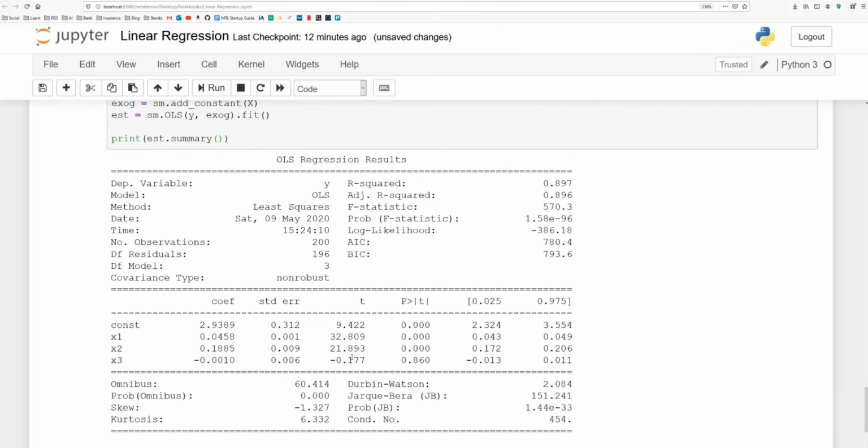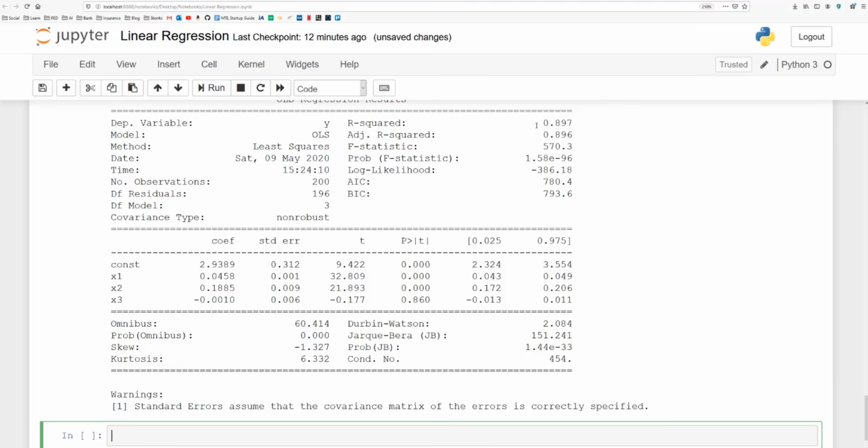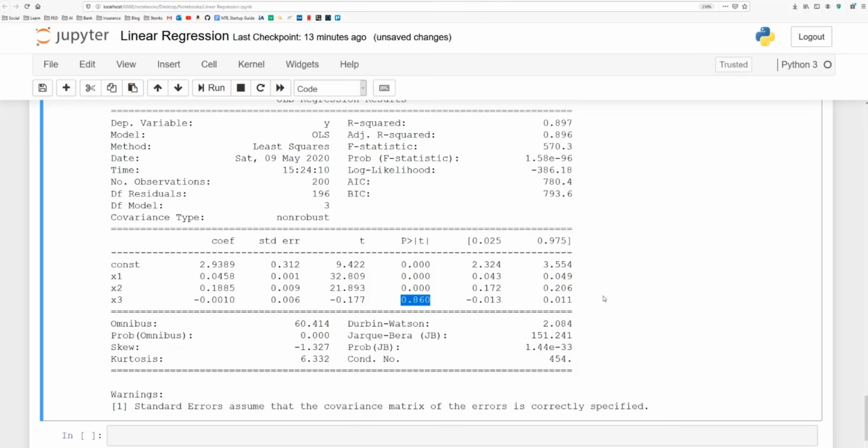Awesome. Now, as you can see, the R-squared value is much larger than before. We have 0.897, so we're explaining almost 90% of the variability of the sales here. The F statistic, 570, again, larger than before, so it means that our model is pretty good, actually, to predict the sales from that. And as you can see here, all the constants and all the coefficients. Now, as you see, for the last one, we have a p-value equal to 0.860. So that is larger than 0.05. And recall that this coefficient here is the one for newspaper. So that means that newspaper is actually not relevant in our model, and we should take it out.